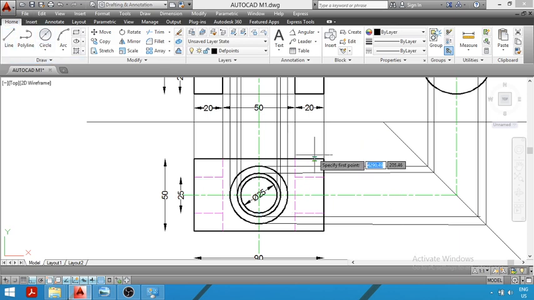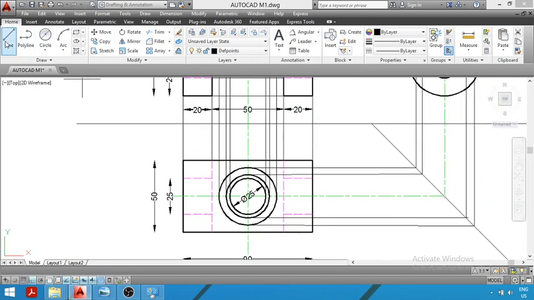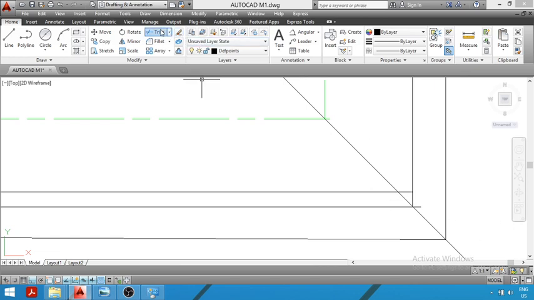So first I am projecting the ends of this circle straight to the right hand side, and then I will be projecting the ends of the lower end of the circle straight to the right hand side. After projecting, I will remove the extra part. So this line is the extra part, not required. Similarly, this is not required. Okay, I will remove the extra part again.